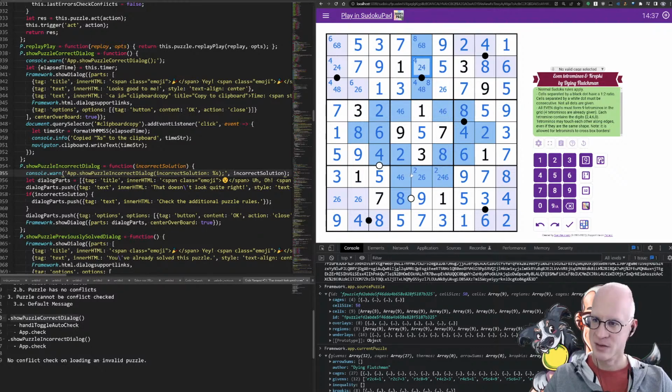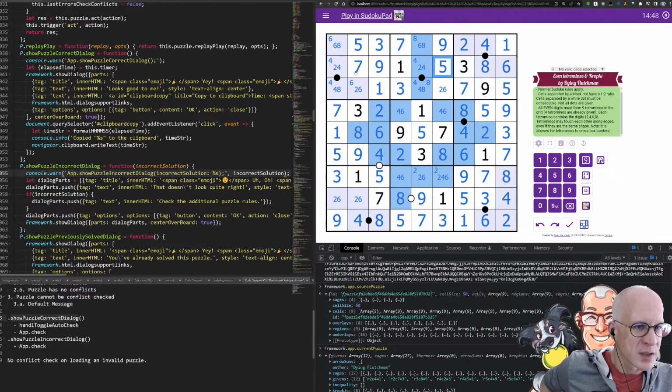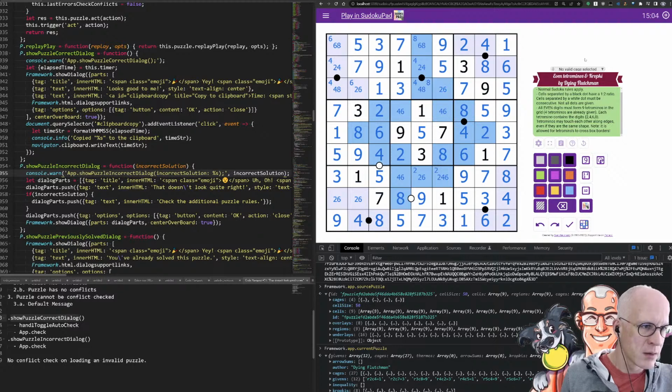2, 6. Let's see. Alright, come on, guys. What am I missing here? We know there's a 4 in one of these, and there's a 4 in one of these. This is a 2, 6. That's a 6, 8. I mean, I could probably just fill one in, and then it'll resolve itself. Oh, wait a second. Is it the Tetronimo? No, because they're all even, so the Tetronimos should be resolved right by now. One is here, one is here, one is here, one is here, one is here, plus the 4 others. So the Tetronimos are sorted.